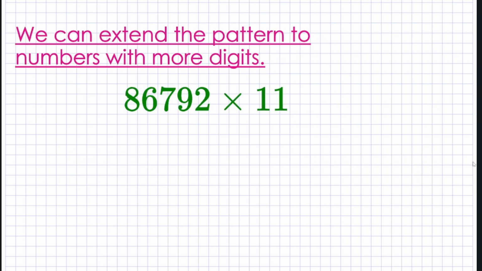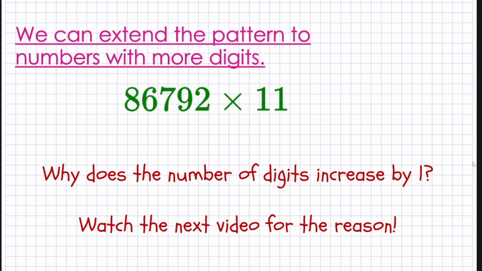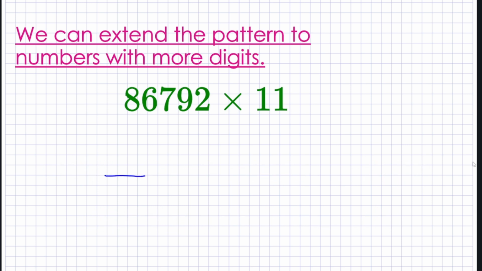So if we could do it with a 3-digit number, we can probably extend the pattern to numbers with more digits than that. So here we have a 5-digit number times 11. As we saw before, the number of digits increases by 1. So we're going to have a 6-digit number for our answer. We'll start by splitting the first and the last. So the 8 and the 2 are going to stay, unless the 8 gets some spillover from the other numbers